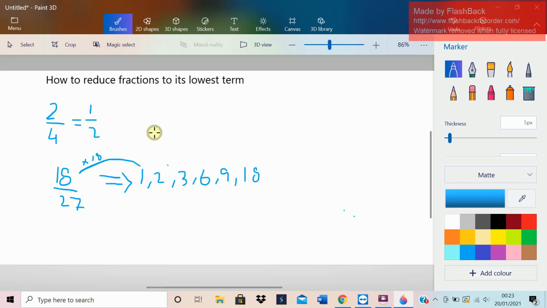Similarly, 3 times 6 is 18. 6 times 3 is 18. That's how we find the factors. And for 27,